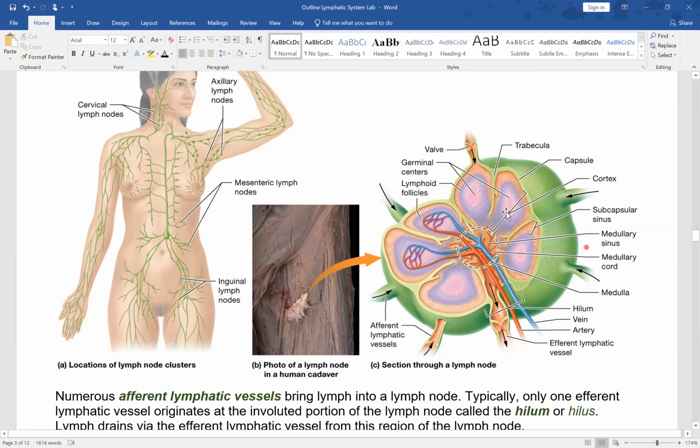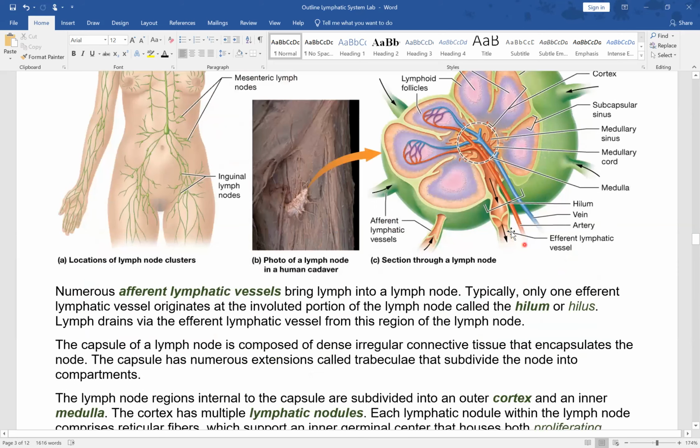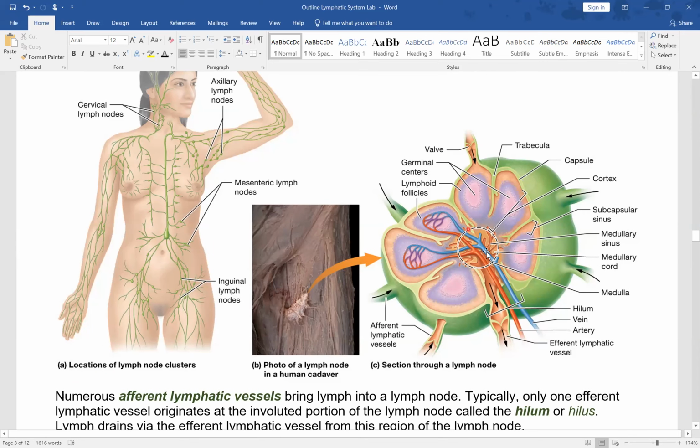But the middle part is called the germinal center. It looks like in this particular diagram, they're called lymphoid follicles. Nodules, the same thing. You see there's a blood flow to them. You see trabeculae, little extensions of connective tissue that separate a lymph node into compartments, same thing happens with a